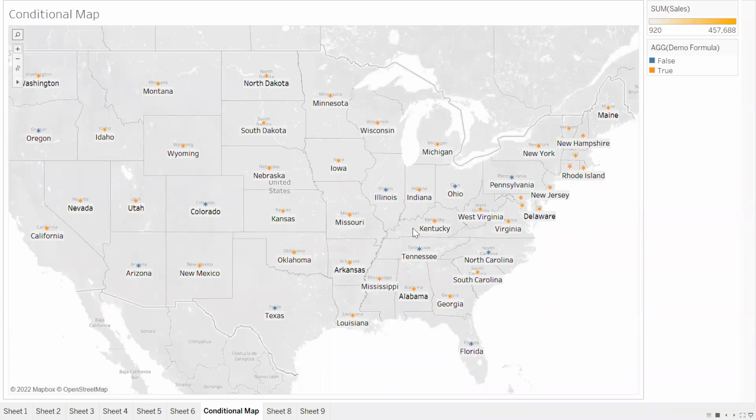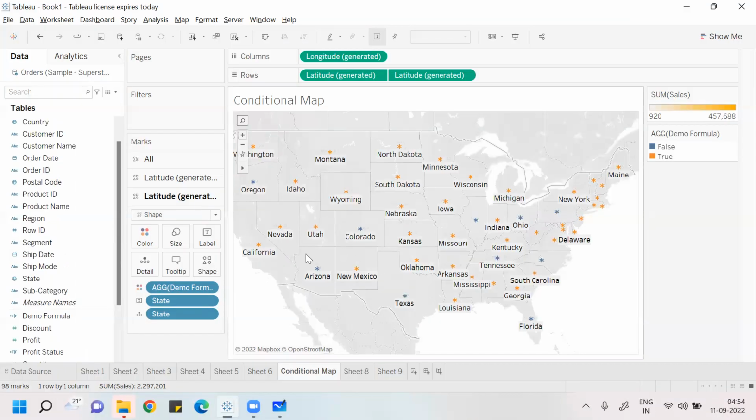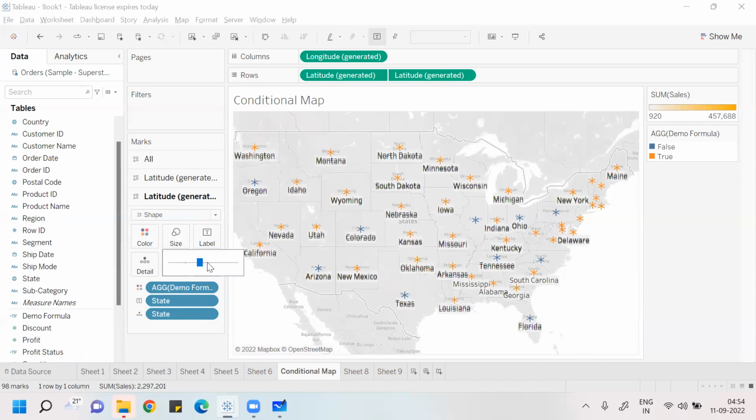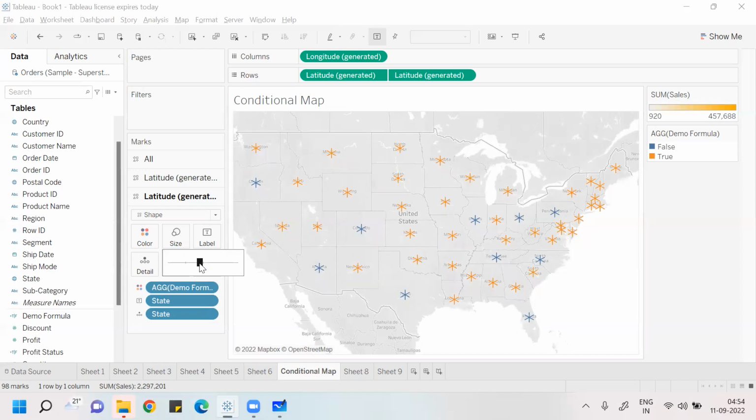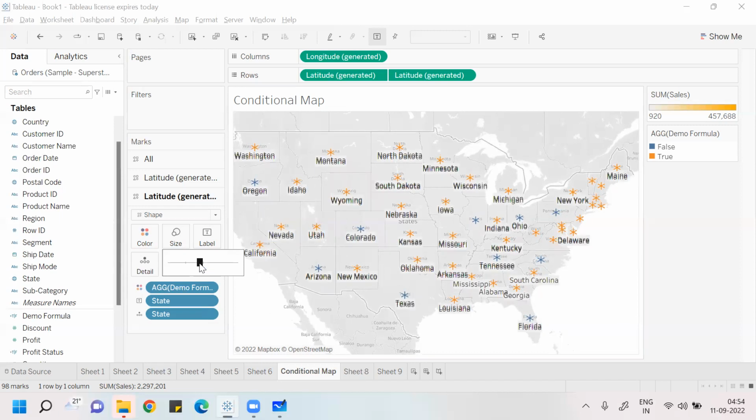You can have more visibility among the different colors, either blue or orange. Wherever you have blue color, those states have negative profit,